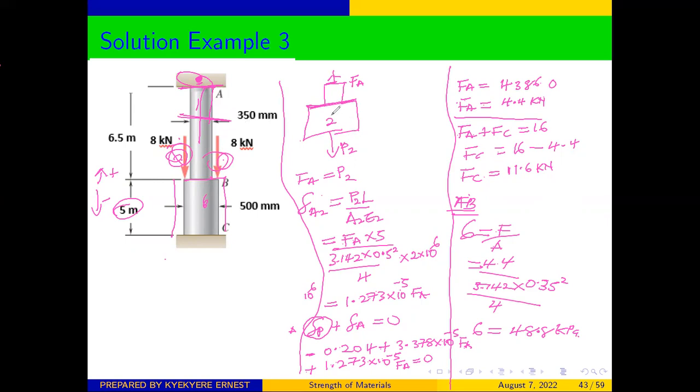So if our free body diagram is like this, this is B to C. So we want the normal stress in this section. But the normal stress in this section is as a result of the force at support A and these two external forces. But don't forget that we indicated FA as going upwards like this. So we can say that the force in this member B to C, we have to get a reaction which is moving up. So we have FA